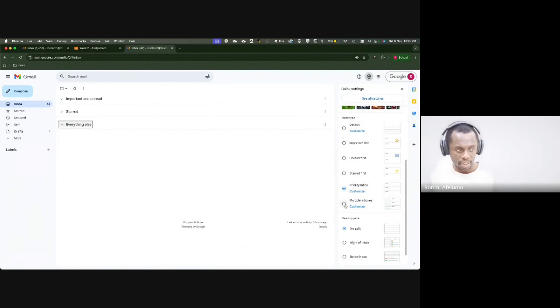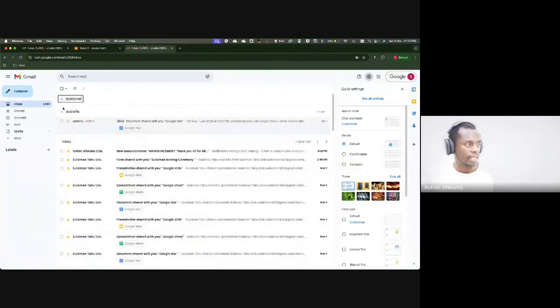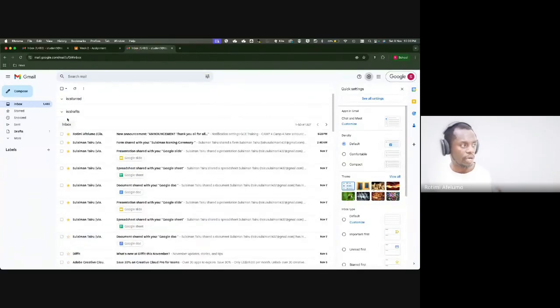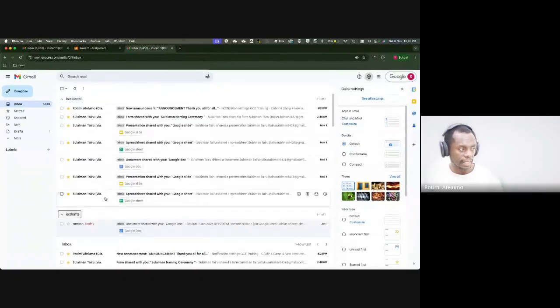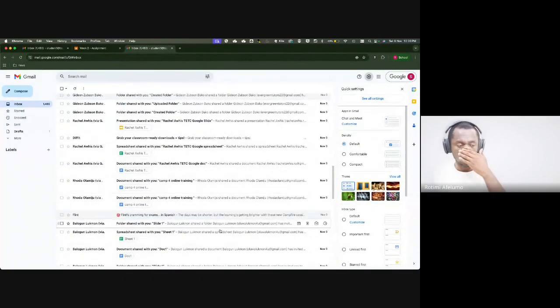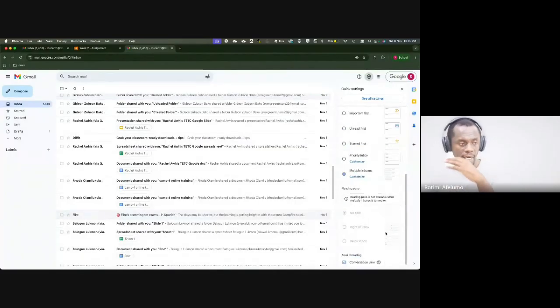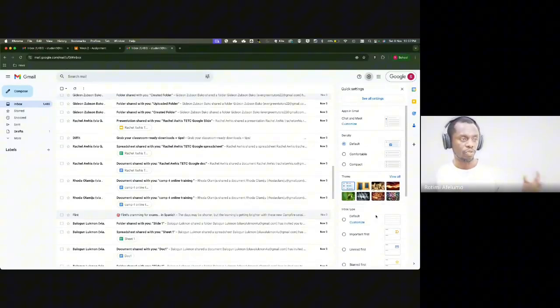Multiple inboxes. If I click on that, let's see what it will do. See, it created different inboxes. So your inbox, everything that is starred, everything that is in draft, everything that is in my inbox. So this gives you how you can decide to set how your inbox appears. The one that I use, which will bring me to,